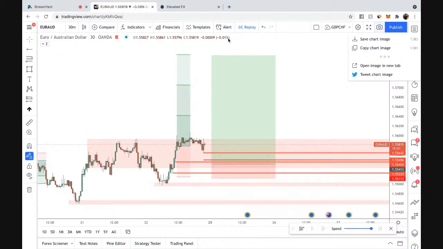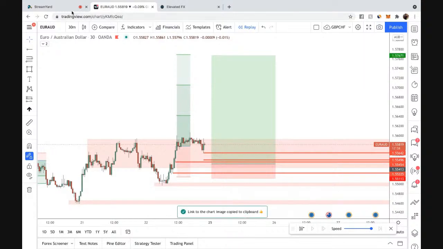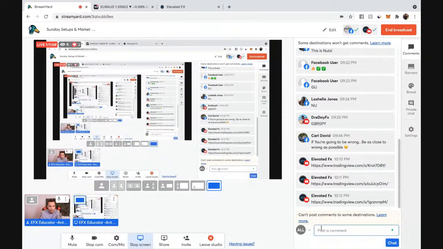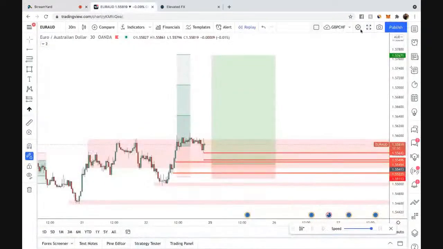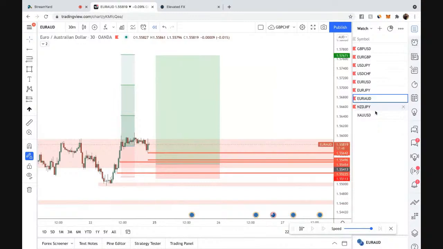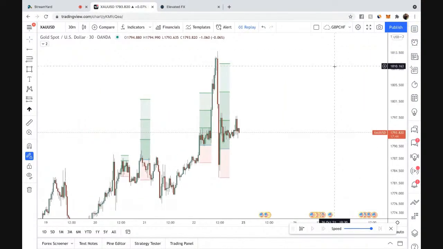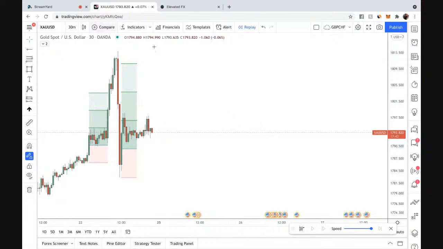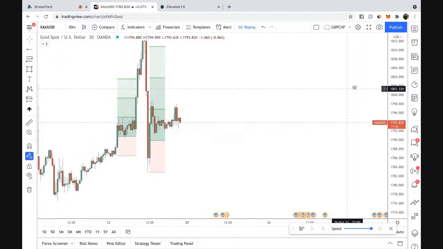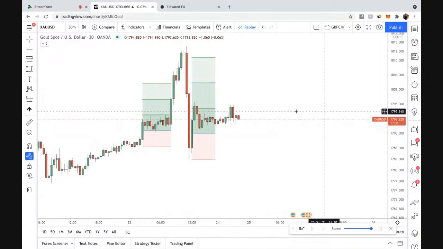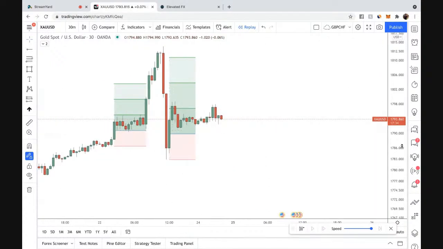If you have any questions, feel free to reach out, ask it in the comments. We'll pretty much be done for today. Let me just finish off. I'll probably look at gold. All right, let's look at gold real fast. And I just want to show you guys some quick nuggets because gold did give us an interesting setup earlier this week. Well, not earlier this week. This was Friday, right?